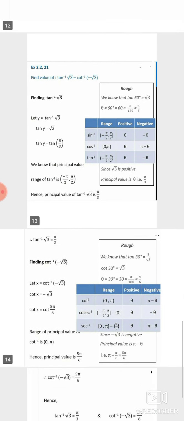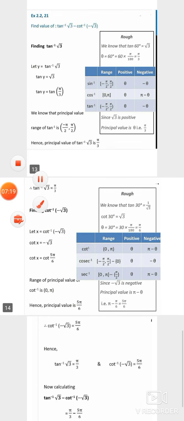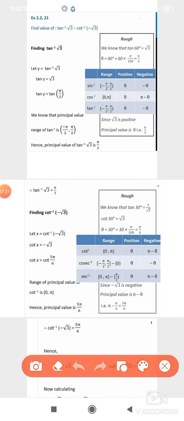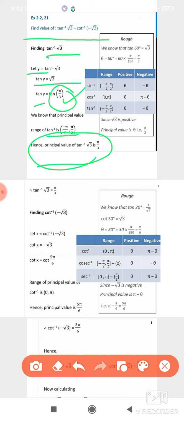Last question of the exercise. Find the value of tan inverse root 3 minus cot inverse of minus root 3. Let tan inverse root 3 be equal to y, tan y is equal to root 3, then tan y is equal to tan pi by 3, and it is lying in the principal value branch of tan inverse, which is minus pi by 2 to pi by 2 open interval. Then principal value of tan inverse root 3 is pi by 3. Now find cot inverse of minus root 3. Let x be equal to cot inverse of minus root 3, then cot x is equal to minus root 3,